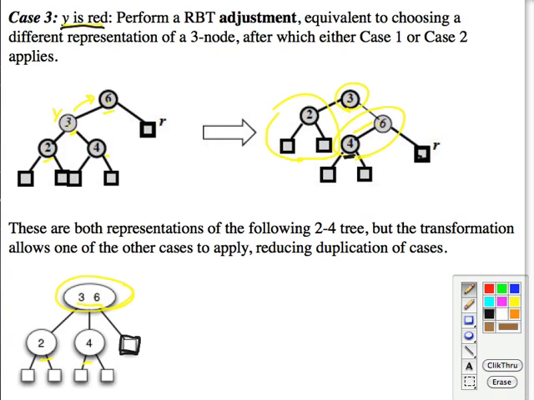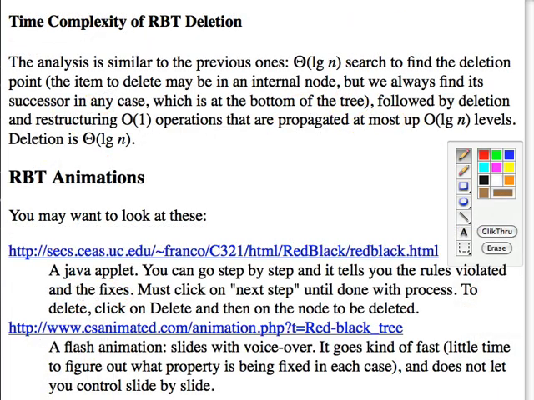So you should look at how those cases are all mapped to the code in the Cormen et al. textbook. It's tedious. These are one of the most tedious data structures for modifying, but it works so well that the Cormen implementation of red-black trees, the Cormen design of the algorithms for red-black trees, is what's used as the Java tree implementation. And finally, we'll just note briefly that the time complexity, as we expected, is theta of log